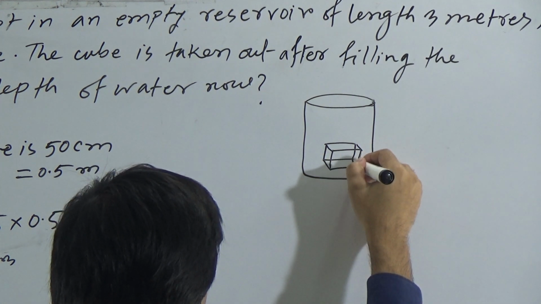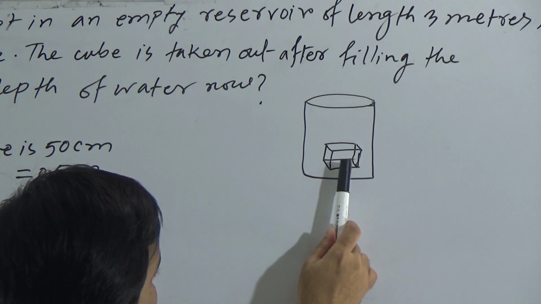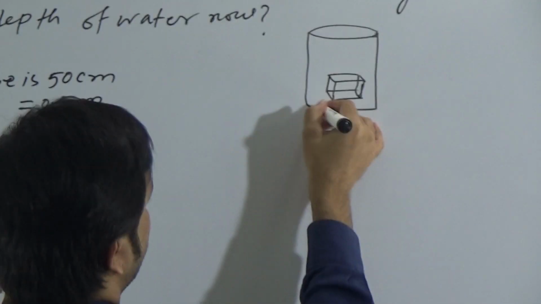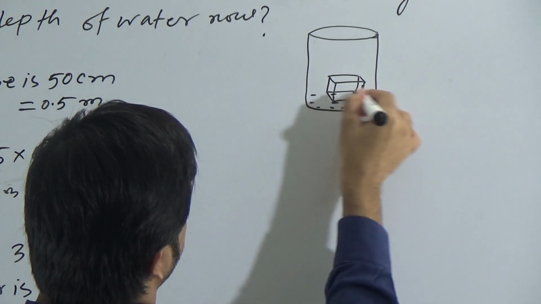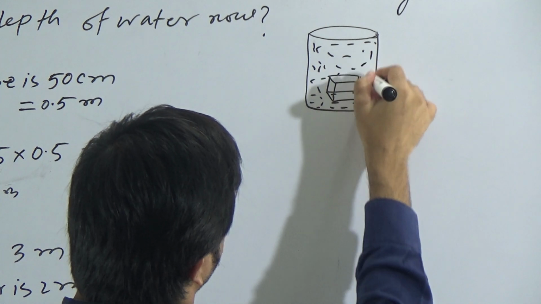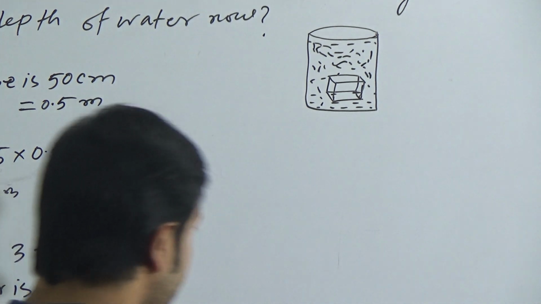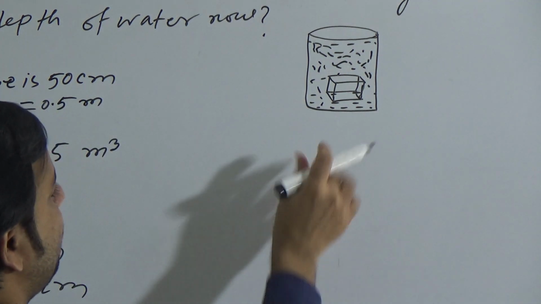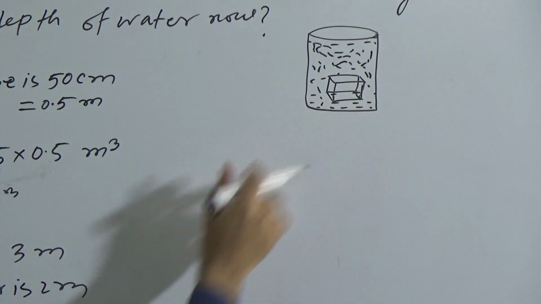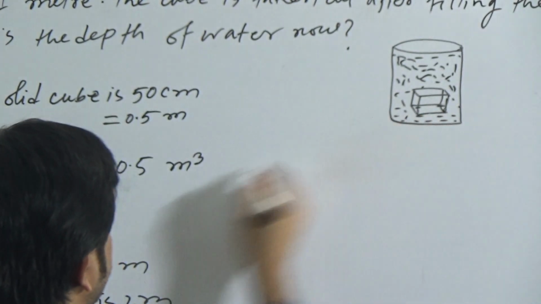Students, if we keep this solid cube in the empty reservoir and then fill it up with water, now this is filled by water. The volume of this total reservoir is 6 cubic meter and the volume of this cube is